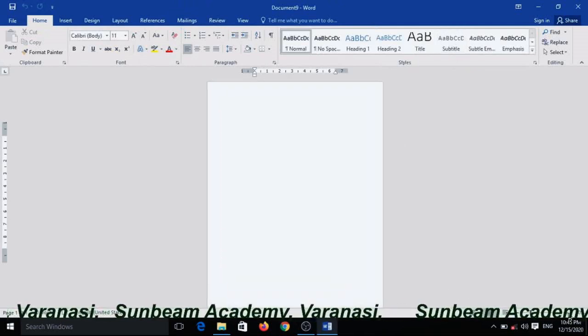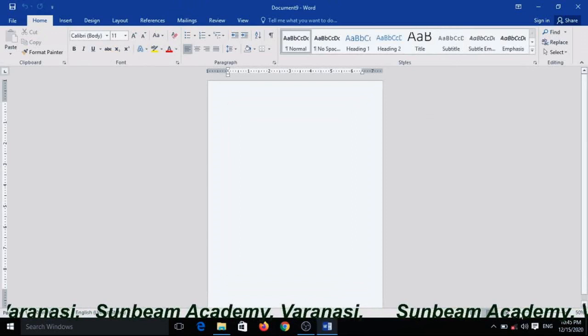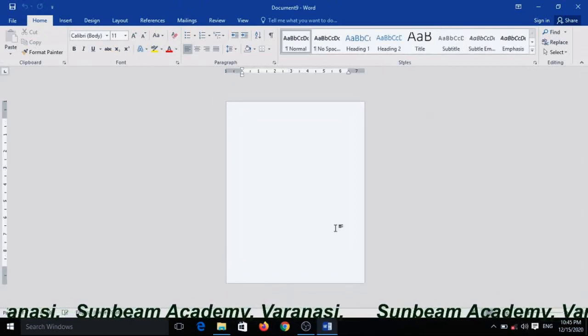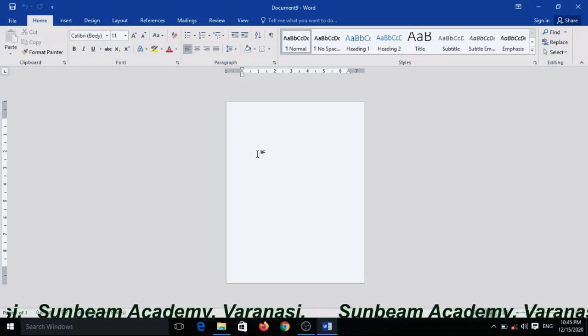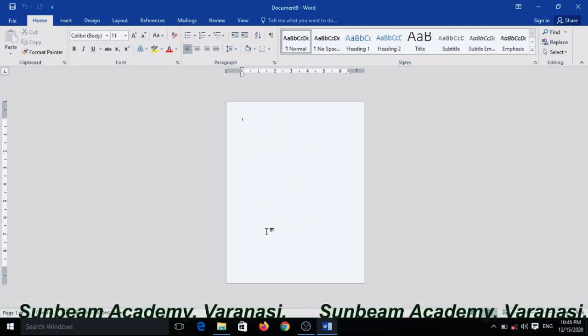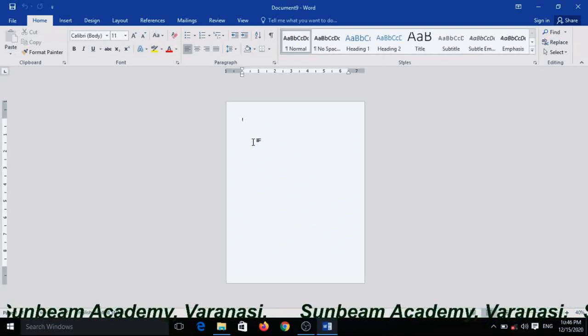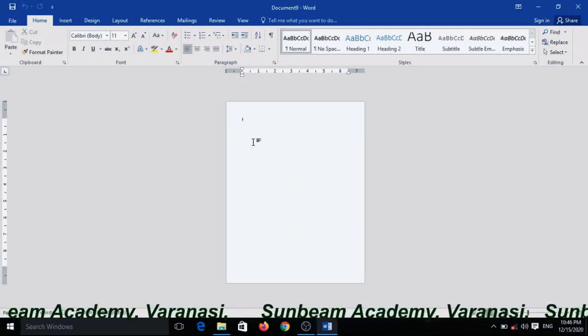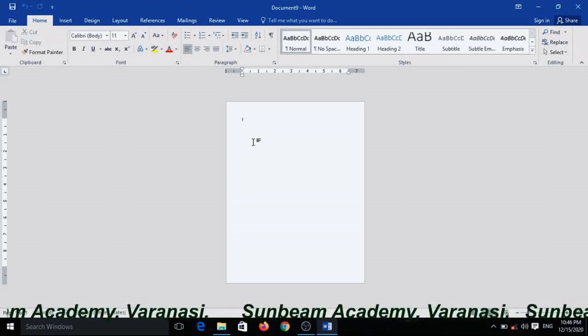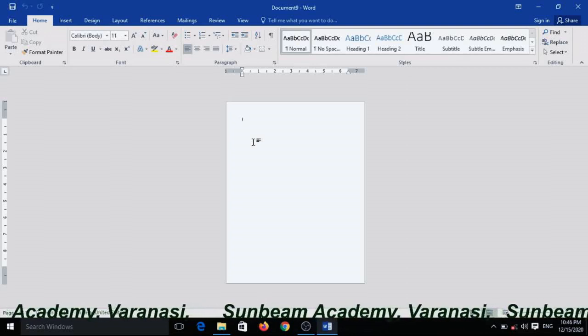Now the zoom is at 30%, and here 40%. This is the document area, the white page where you have to type or insert pictures.